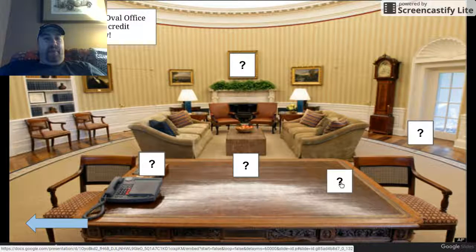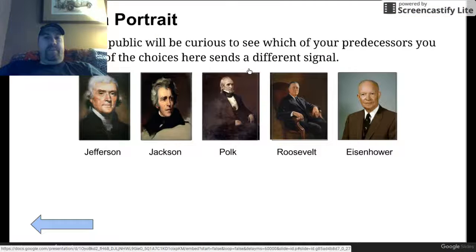I believe this is a book. This is a knickknack, I think, and then this is food. So what you'll do is you'll just click on the question mark, and